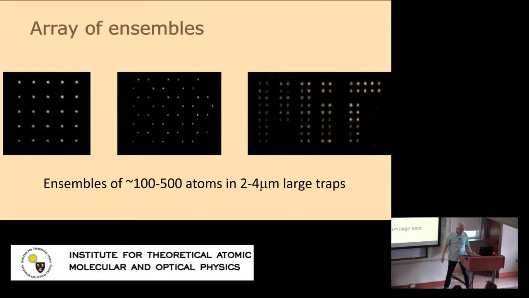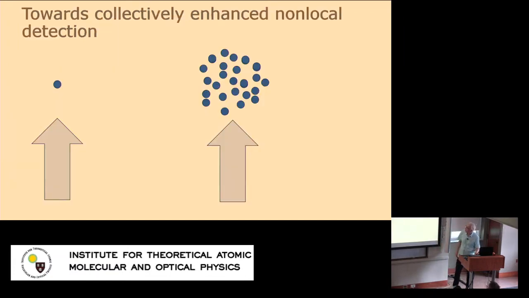We achieve this simply by making the tweezers a little bit bigger, between 2 and 3 microns, and changing the parameters. So on certain parameters, we load single atoms, but on other parameters, we can actually load many atoms in this system. So these are the ensembles, and the traps are just slightly bigger than single atom traps, 2 to 3 micrometers. And so then we can ask ourselves, can we do the same thing?